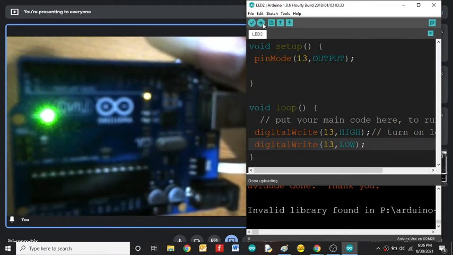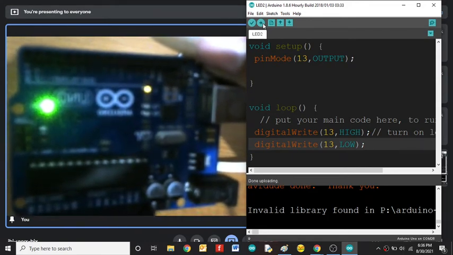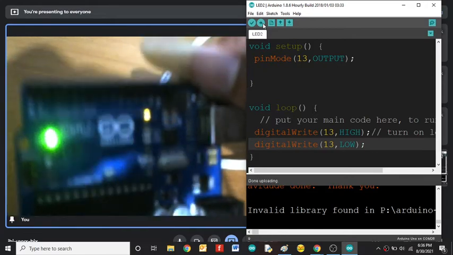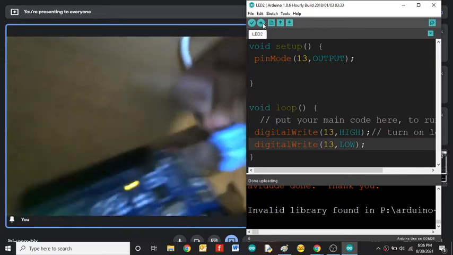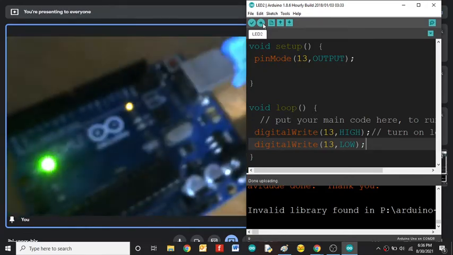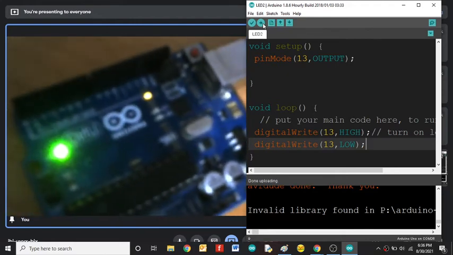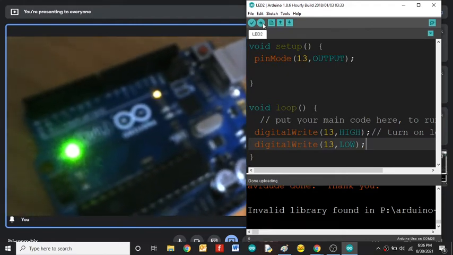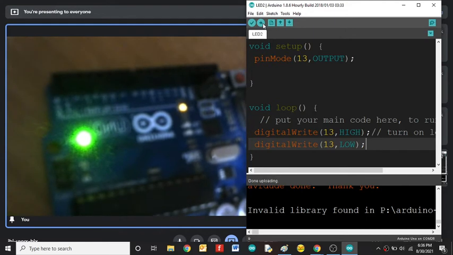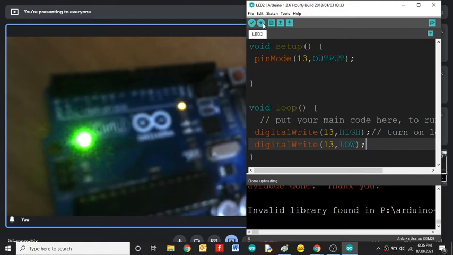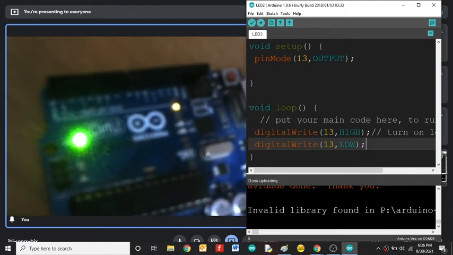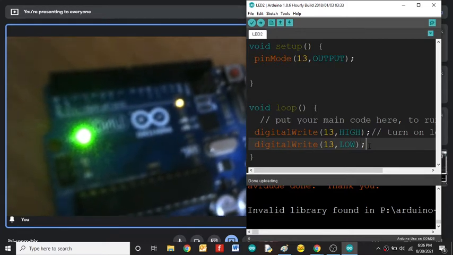But now it is not operating properly. So why? Why is it not blinking? Even though you have written the correct code, right? First you are providing the high level logic, and after that you are providing the low level logic.